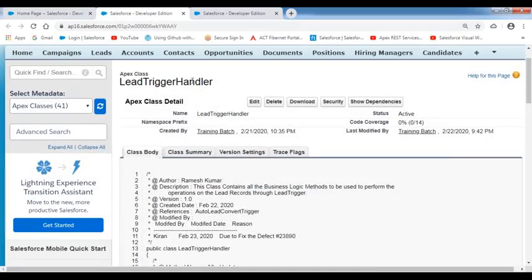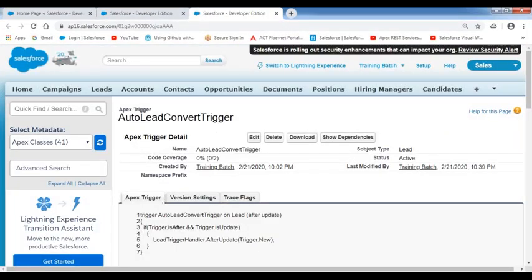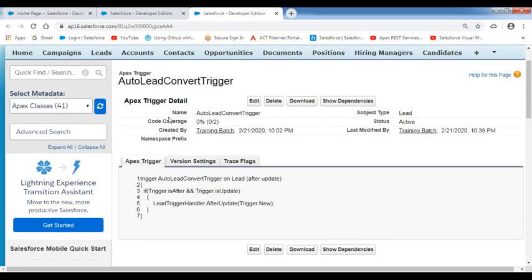For example, here I'm having a trigger. Can you use the trigger which I'm having inside my object with the name auto lead convert trigger, which is having the code coverage as 0% right now. Okay, code coverage as 0%. So now inside this particular trigger, what I'm doing basically, inside my trigger, I have written some business logic that